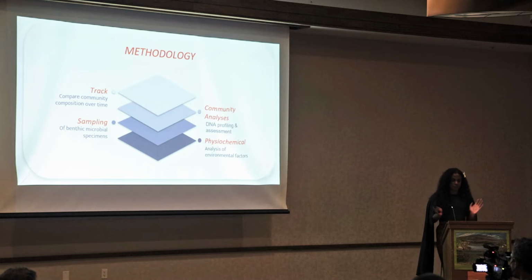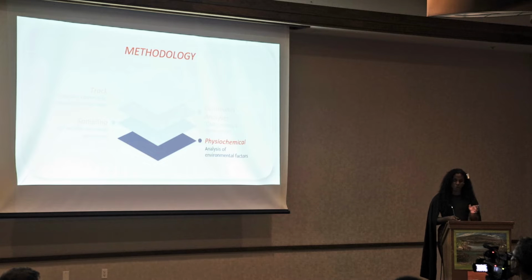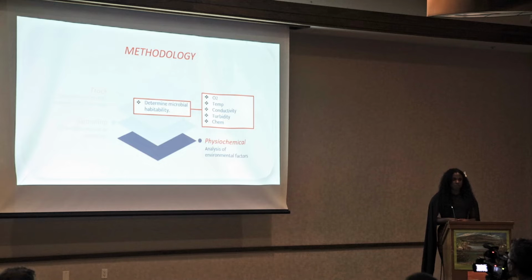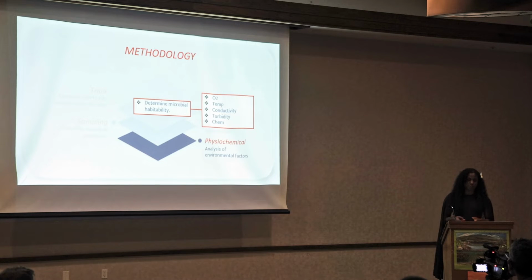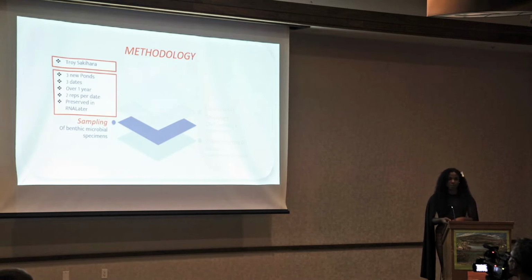I've broken up the methodology into four central parts, and I'm going to go through each of them one at a time, starting with the physiochemical aspect of things. We wanted to look at things like the oxygen concentration, salinity, what kind of compounds were present, etc. The reason we did this is because this determines the habitability for different microbes. Pretty much these factors determine which microbes can and cannot thrive within this environment to begin with, so we wanted to make sure we understood what was going on. Secondly, we did some sampling of the benthic microbial communities, and I say we, but I actually didn't get to sample. Troy did a lot of the sampling for us, so we're very thankful for that.